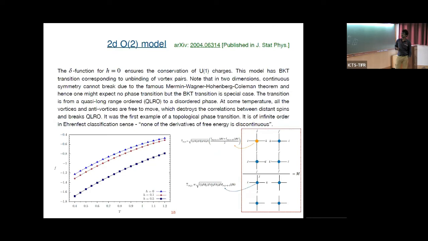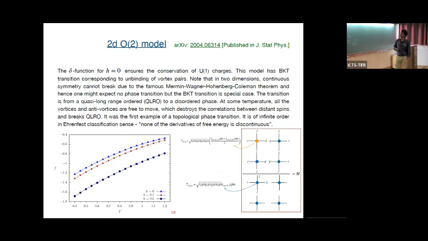This was the free energy versus temperature. This is how we compute expectation values in tensor networks. For example, if this orange was just a blue blob, then it's just a partition function. And if there's an orange blob, it corresponds to some magnetization. If there is some purple blob, it will correspond to some other expectation values. So this is the way in which the tensor networks are contracted,